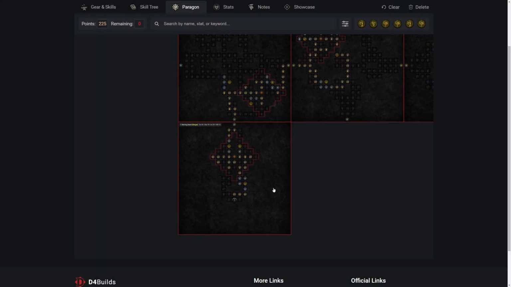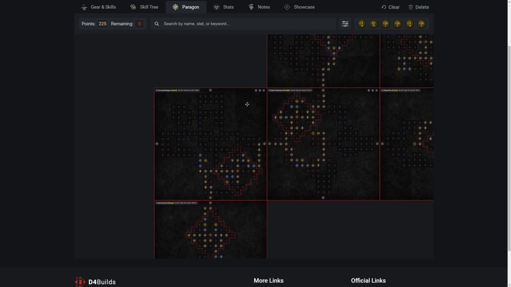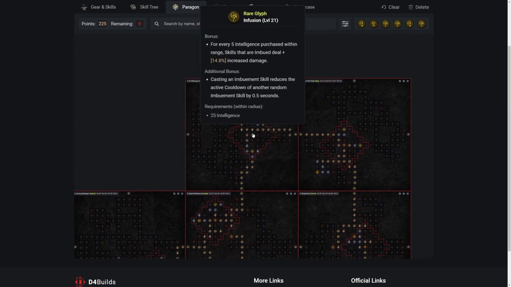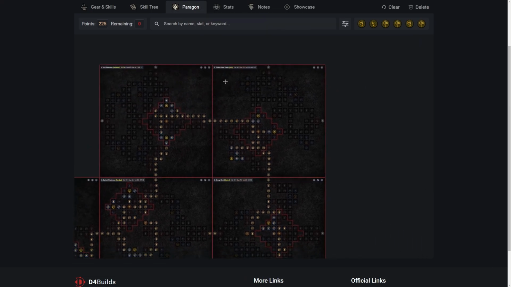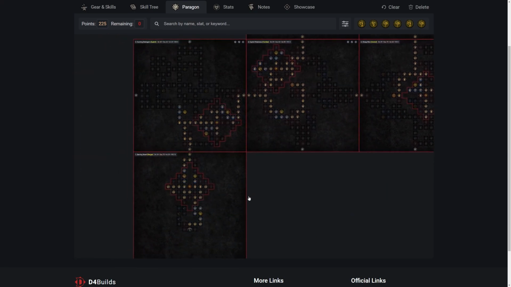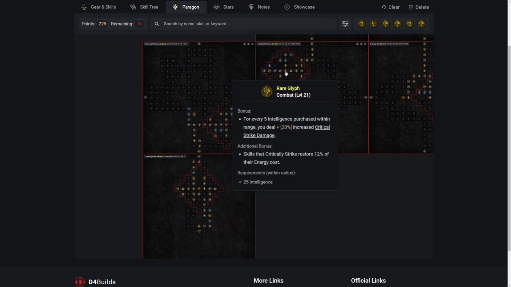And lastly, we have the Paragon Boards. So starting with the board order, we go from the starting board to Cunning Stratagem, to Exploit Weakness board, up to the No Witnesses board, to the right, the Tricks of the Trade board, and finally down to the Cheap Shot board. As for the glyphs, we're picking up Ranger, Exploit, Combat,